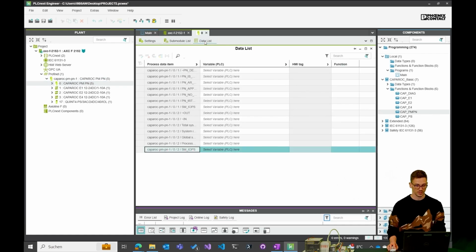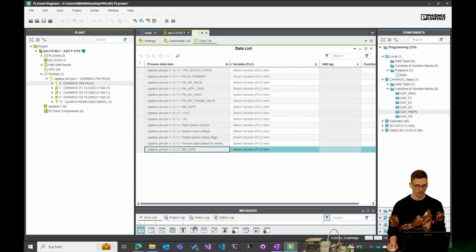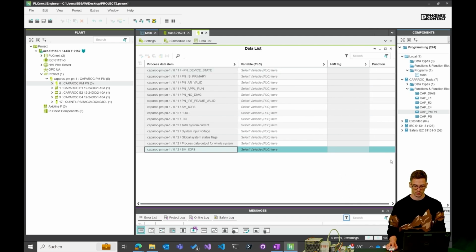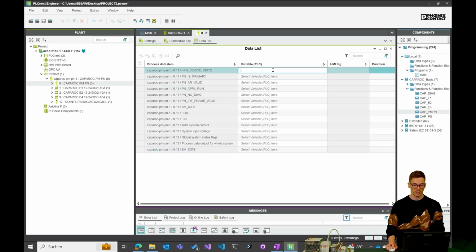We go into the data list, and here you can see you can move it over a little bit so you can see it better. Here you can already see the PN device state, and because we already created the variables, you cannot see the variables right now.